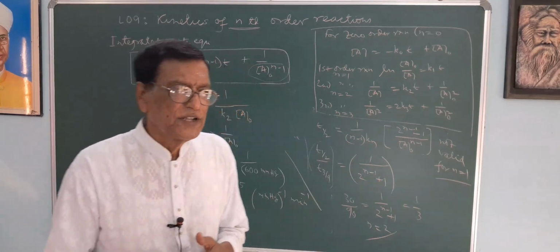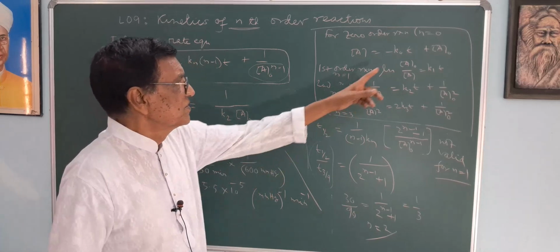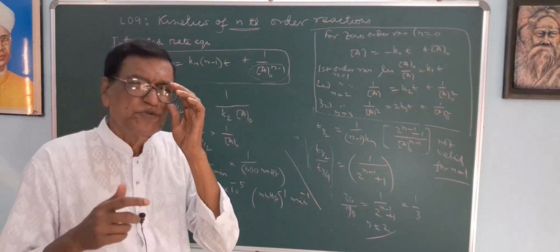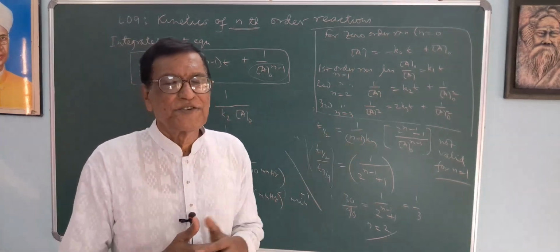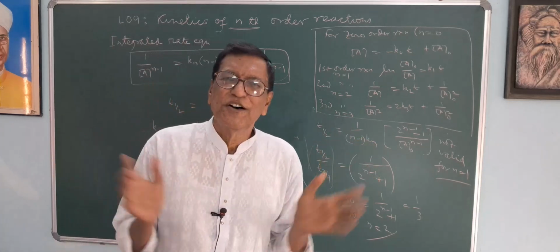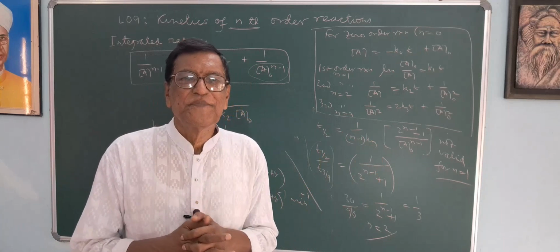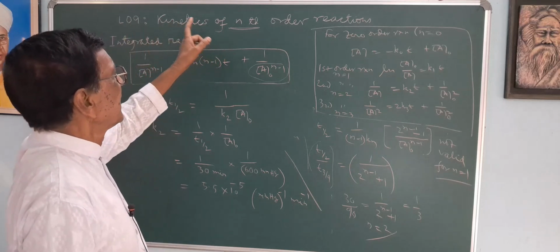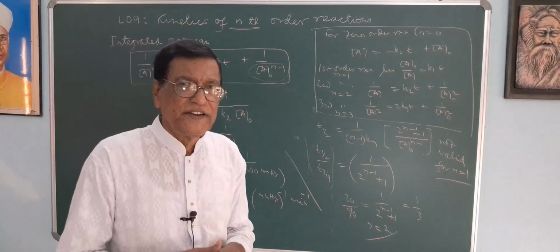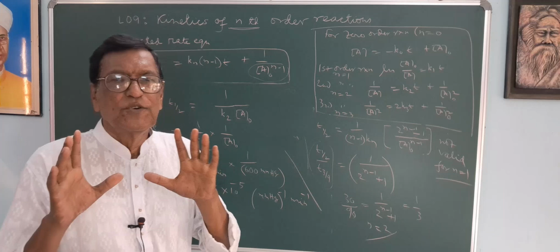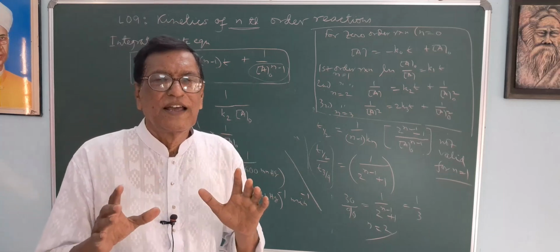I have told several times that the rate constant is constant for a reaction at a given temperature, but if you change the temperature, the value of the rate constant will also change. Thank you all for watching my video, and this is the 9th lecture on the kinetics of reactions. Okay, today I complete